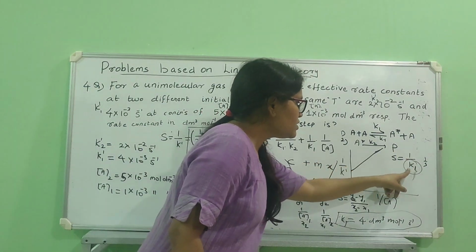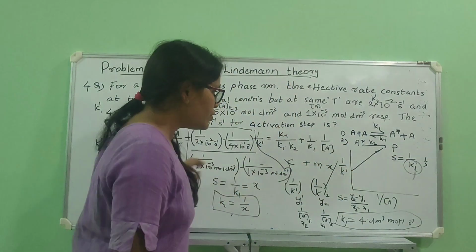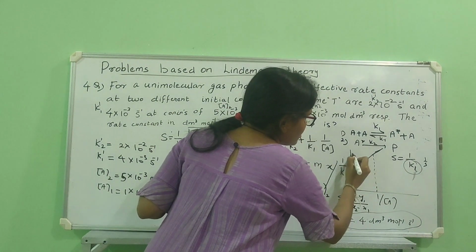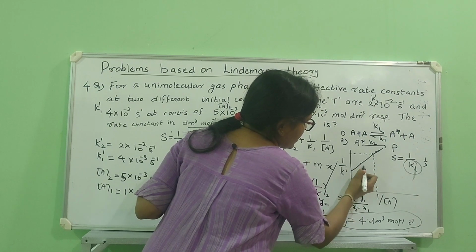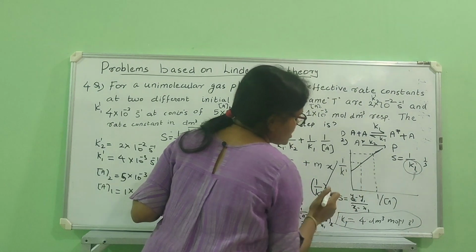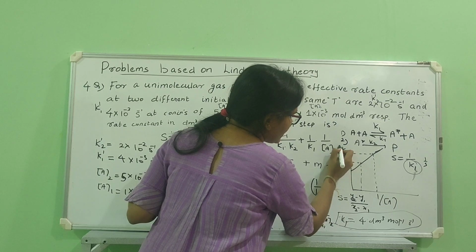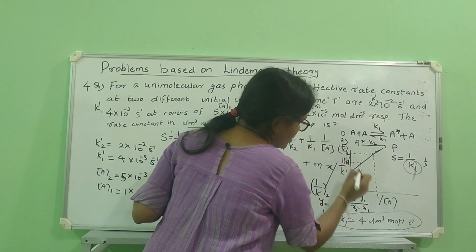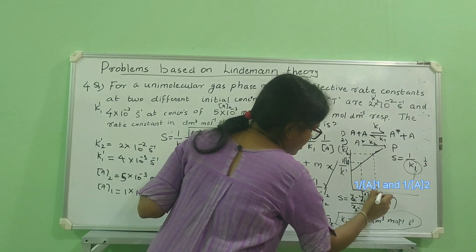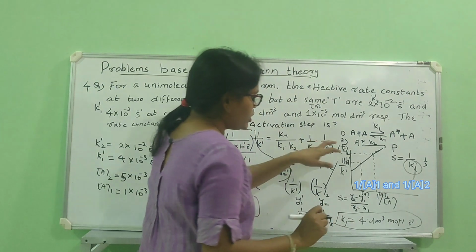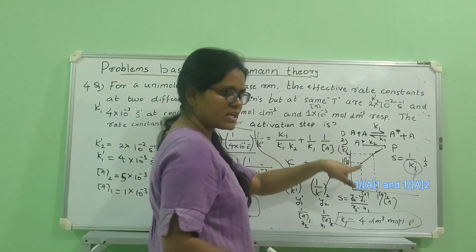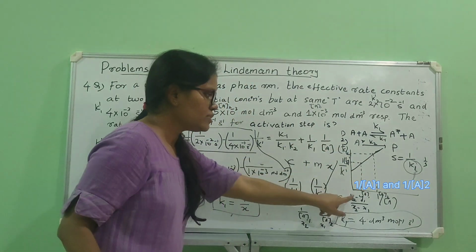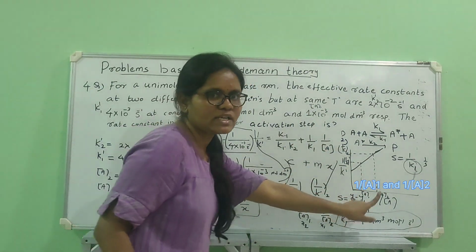So to find the rate constant, you need to find the slope. So how do you find the slope? So to find the slope, you need to have 2 points. Okay. Suppose this is 1 by k dash 2 and this is 1 by k dash 1. You need to have a1 and a2. So you need to have 2 values of k dash and 2 values of the concentration. So from there you can find the slope using y2 minus y1 by x2 minus x1.